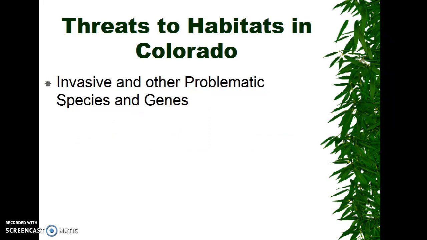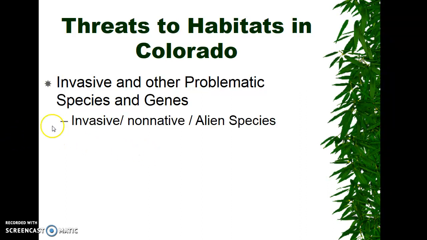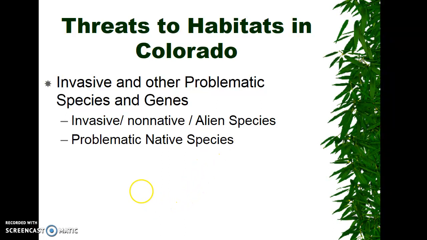We haven't spent too much time talking about invasives, but they can be a really big deal. So when you have an invasive species come in that outcompetes natives, you generally have a reduction in biodiversity. And most commonly, your invasive species are generalists, and they will outcompete your specialists. You get problematic native species as well, though. Think about our mountain pine beetle that's native to Colorado and how much it has impacted habitat. You can think of elk up in Rocky Mountain National Park, and how much they have impacted habitat in the